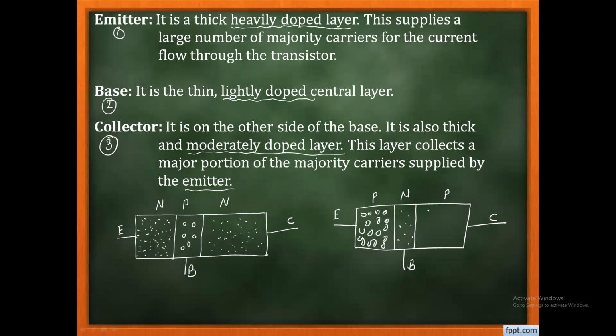As it is a P region and moderately doped, it means that holes are present in that collector region. As compared to the emitter, the number of holes present in the collector region is less. Means, with the help of the doping level, can I say that the doping of the emitter region is greater than the collector region, and the doping of the collector region is greater than the base region? Do you agree with this statement?